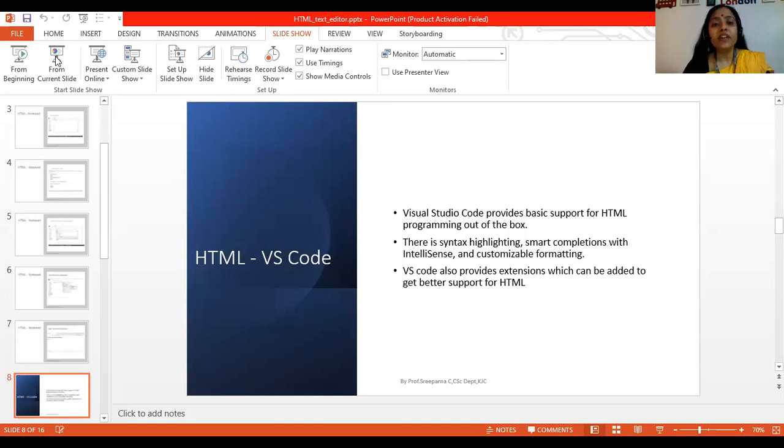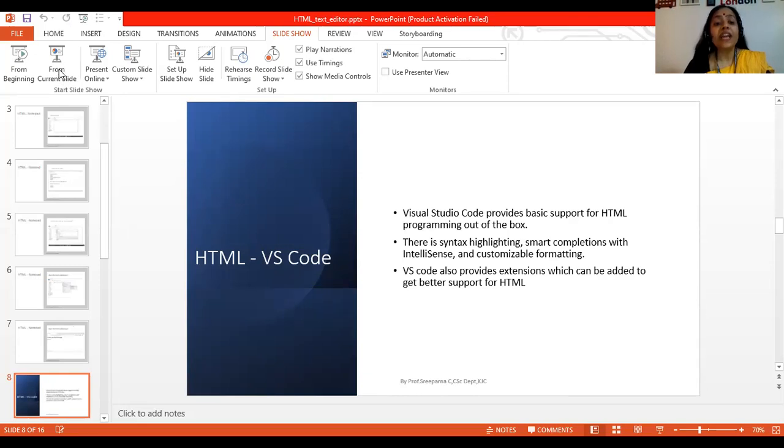Now we already know about the text editor, Notepad. As already mentioned to you, Notepad is a very basic text editor with no additional benefits. What is the exact meaning of benefits? For example, if you type something wrong in the Notepad, Notepad will not help to rectify that.